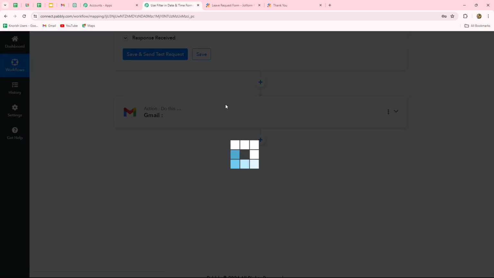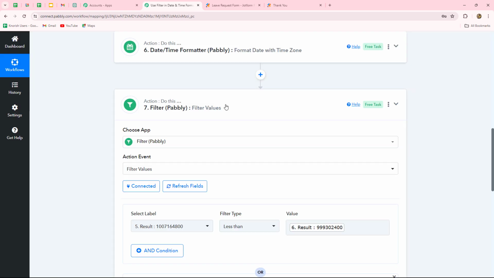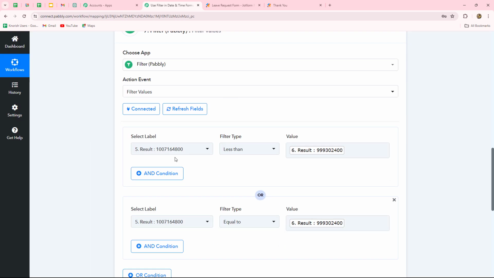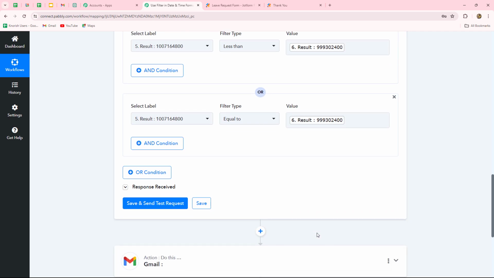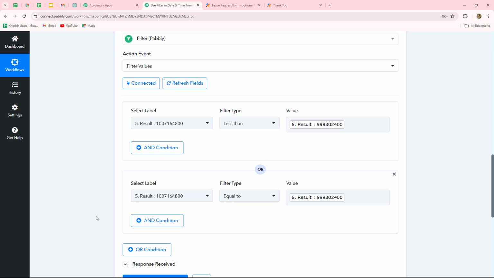With the help of filter, I have applied a condition over here that if the timestamp format which we have received from the form response, that means the time at which the form is being submitted, will be less than 9 a.m. or will be equal to 9 a.m., then I want to further continue the workflow, otherwise not. So here I have used or conditions, you can see, because it might happen that the employee can submit the form before